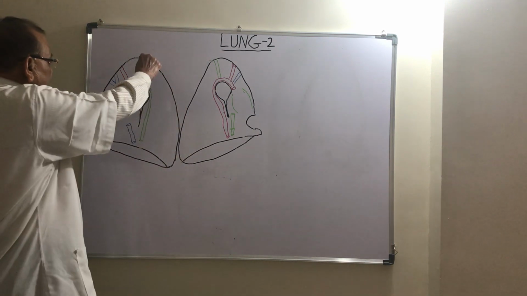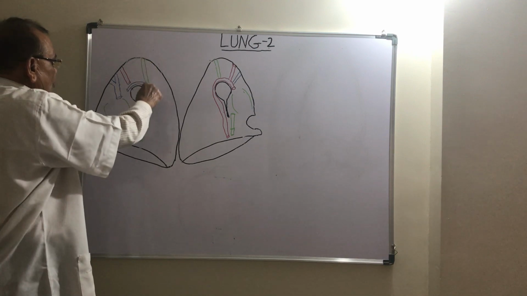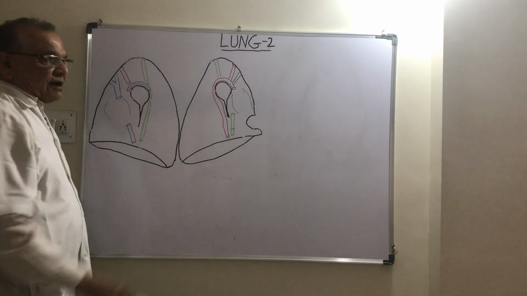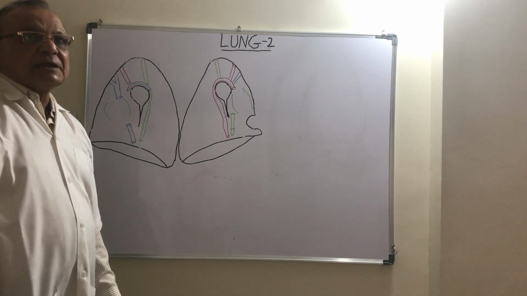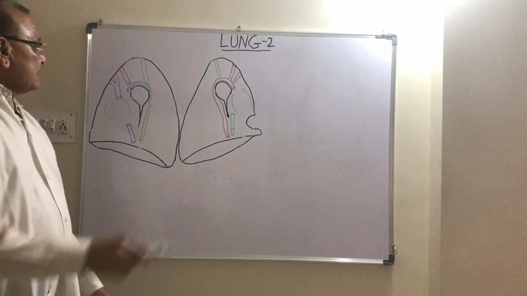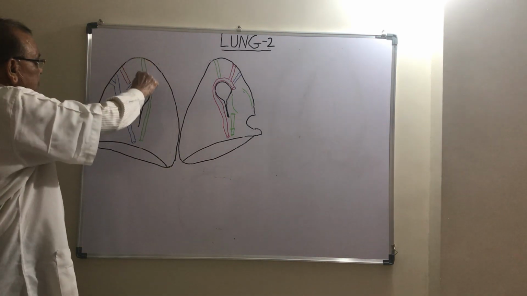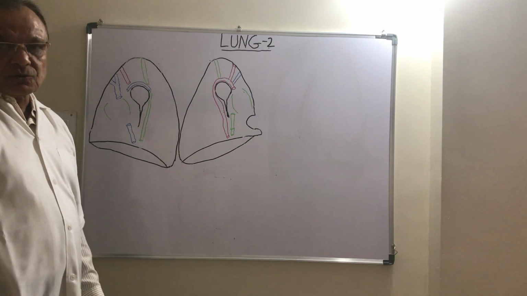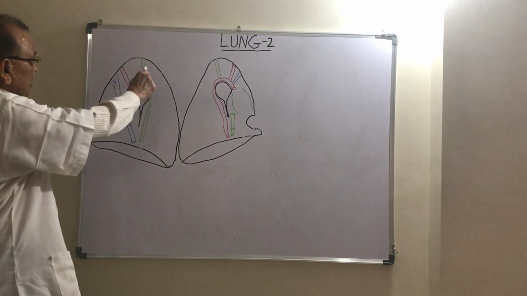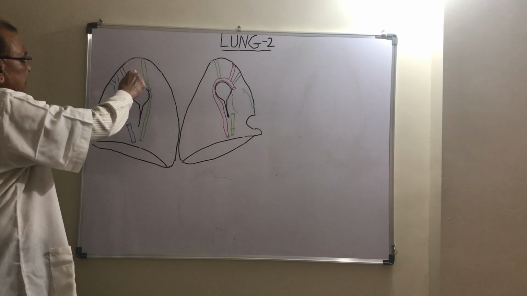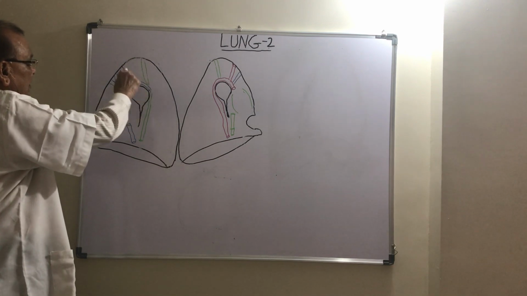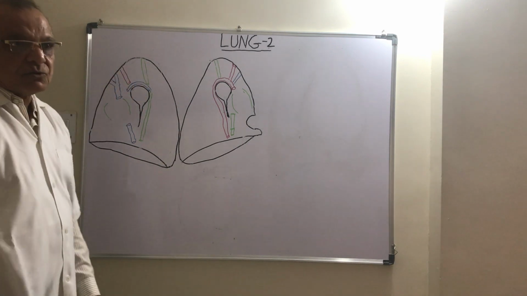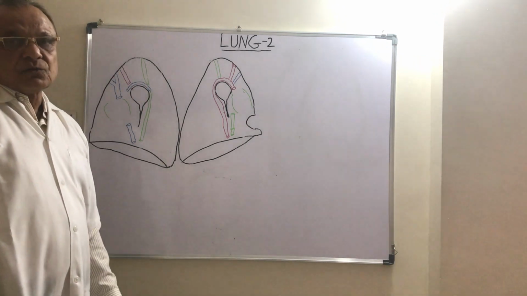Now, from the apex to the arch groove, the mediastinal area is related to the right margin of the esophagus, but here the esophagus does not produce any groove. Now in between the esophageal area and the subclavian groove, this area is related to the trachea and right vagus nerve.